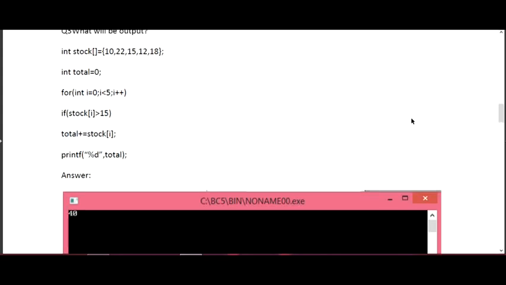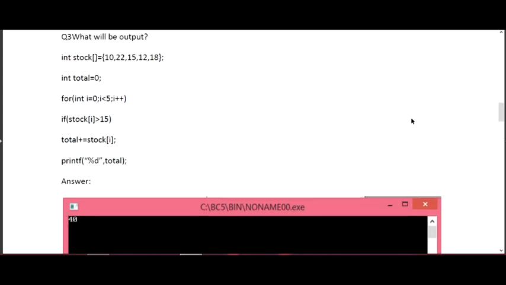The question you can see over here is that I have to find the output of this particular code. In this you can see first of all there is an int stock, and after that I have given a square bracket. Whenever a square bracket is given, you should know that it is regarding an array. So the first thing given to me is that it is an array. After that you need to check what value I have given: total is equal to 0. Then I have given for int i equals 0.